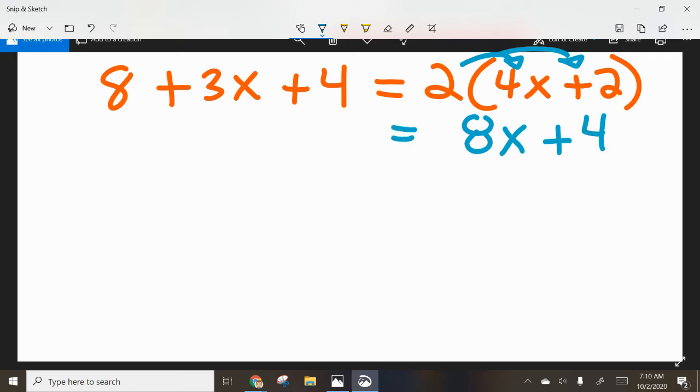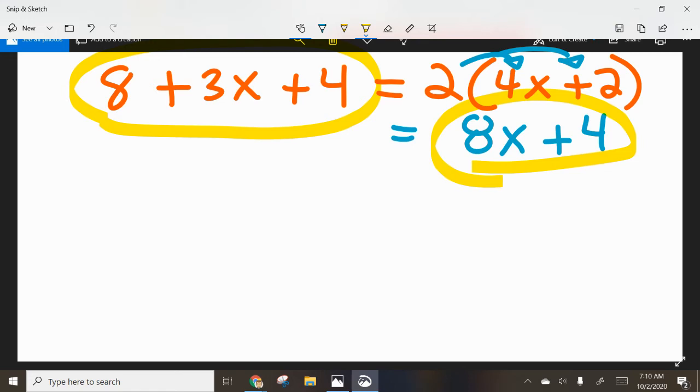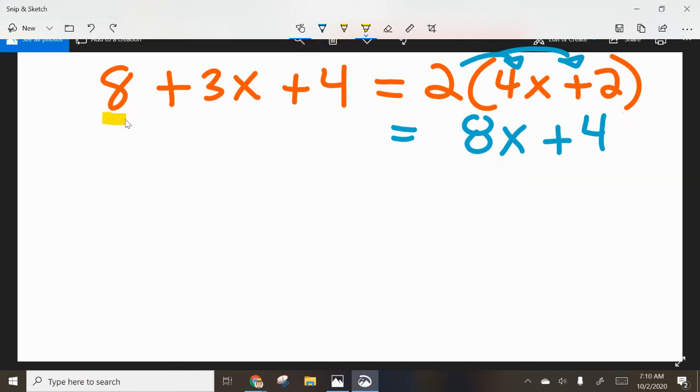Okay. Now, you also have to handle your numbers on this side. All right. So I'm going to look at this side, and I'm going to see, do I notice anything that I can combine? I can't combine. There's nothing over here to combine. Those are all good. Those are two different terms. The 4 is a constant. The 8x is your variable. All right. But over here, I have two constants on the same side of the equal sign. Same side. So I can combine those. So go ahead and combine those. 8 plus 4 is 12